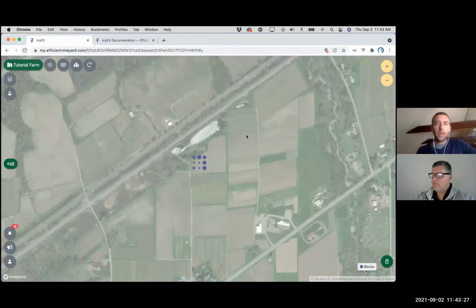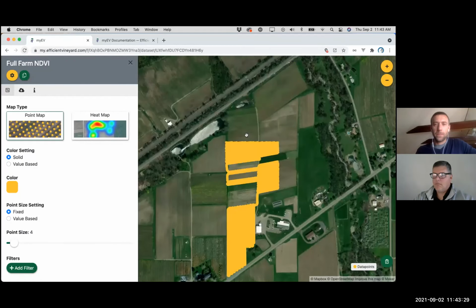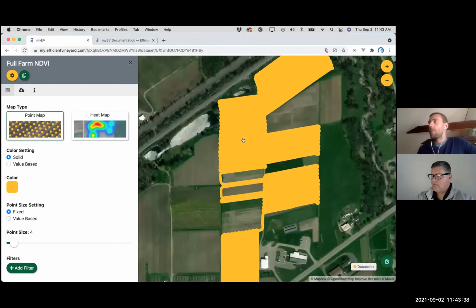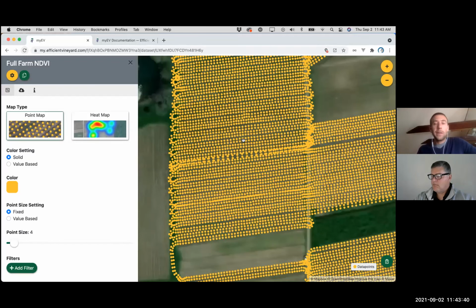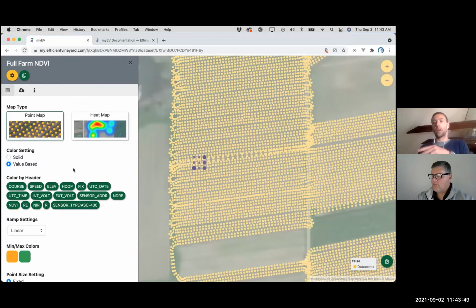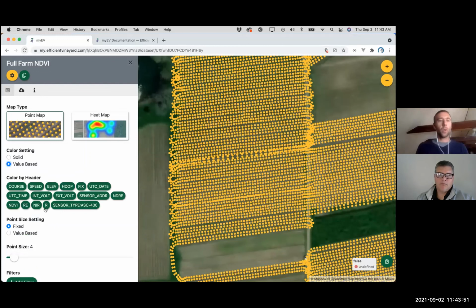And once this loads up, you can see it pulled up the data set, full farm NDVI. Now, this is a not very useful map. It's all yellow points. So again, we want to color this data set by something. So if I go to value-based, you're going to see all of the headers that were collected in this data set. We have course and speed and elevation. So if I click on elevation, for instance,